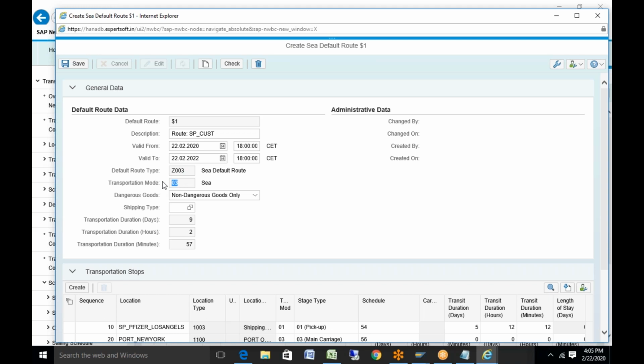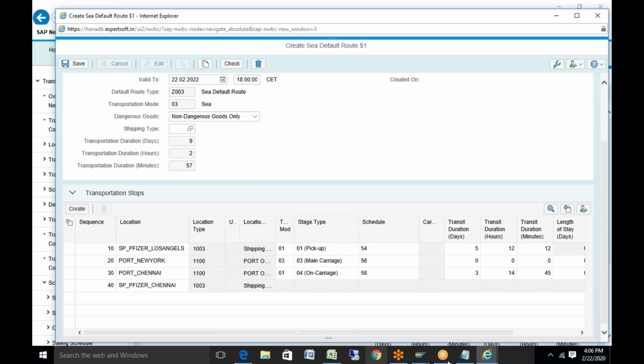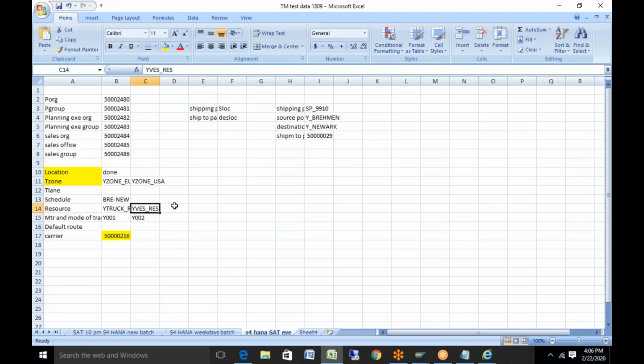Actually, it should be via truck, but that's not a problem. Then you put the data here. My shipping point is this one.